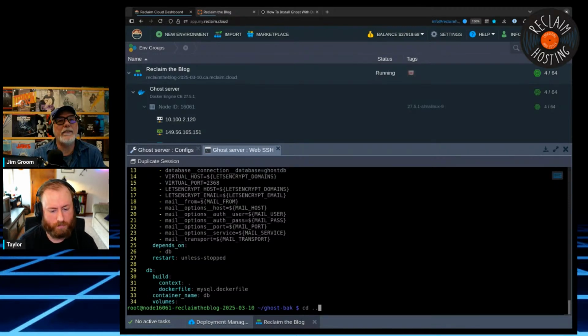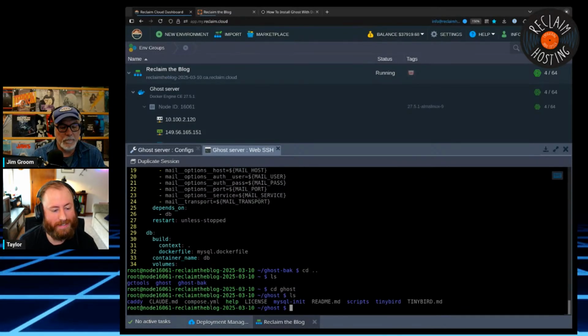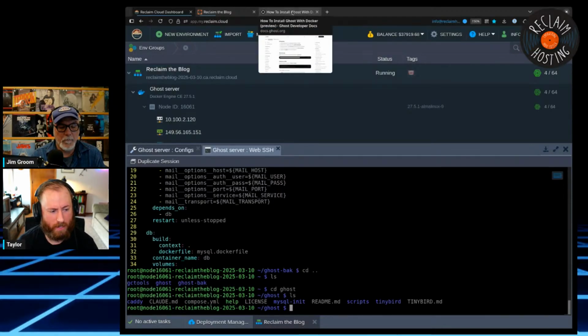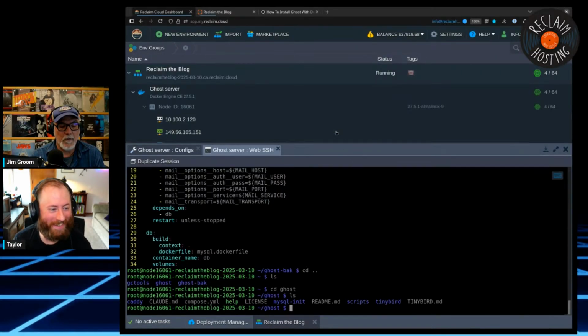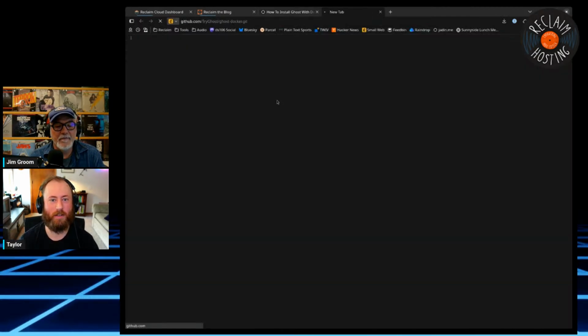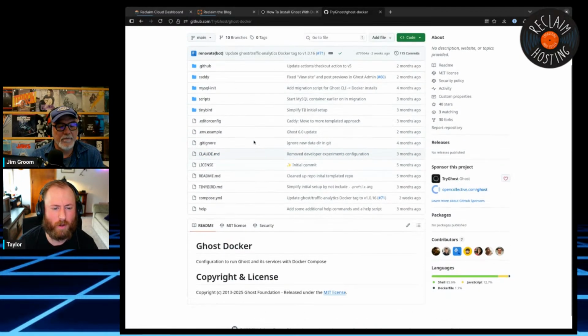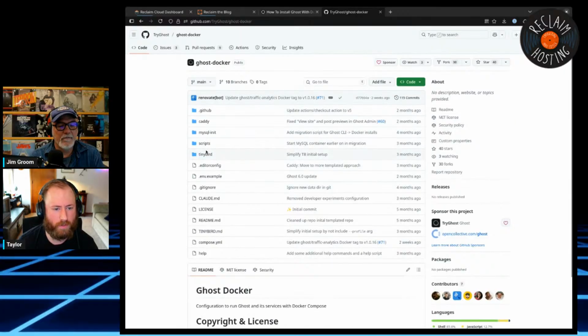So what is in the regular Ghost folder now? Yeah. So in this folder is their Git repository. Got it. Let's see what's in here. If I go take a look at the thing on GitHub, this is what they told us to download. It's going to have a lot of stuff in here, but they have things laid out a little bit differently than I did. And also because they probably use this for development too. It kind of makes sense of their Docker stuff in particular.